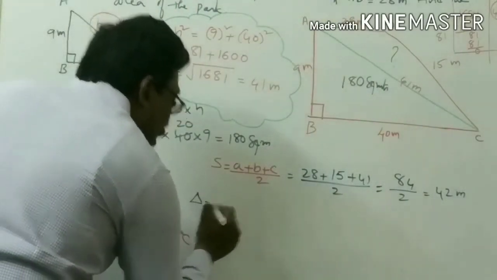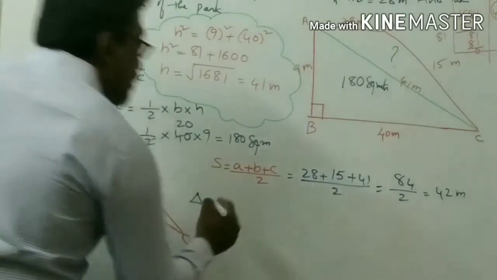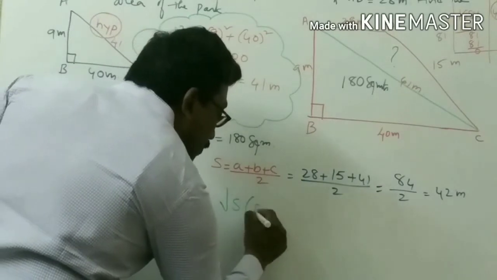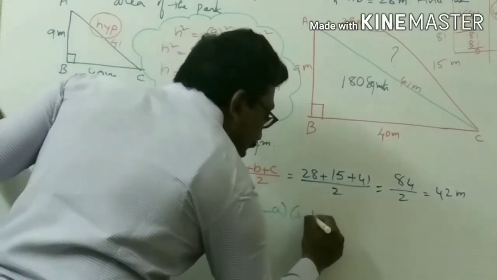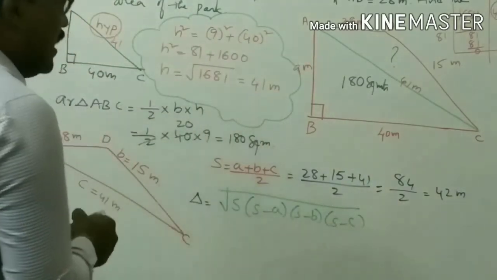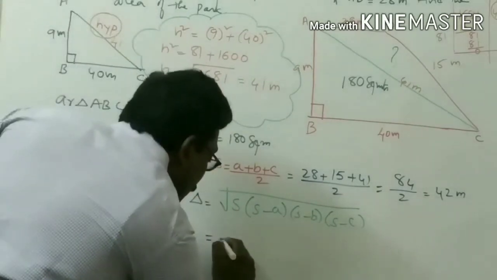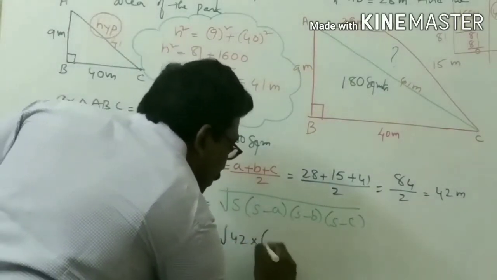Area of triangle, by Heron's formula, is root of S into S minus A into S minus B into S minus C. So what is S here? That is 42, root of 42 into 42 minus 28,